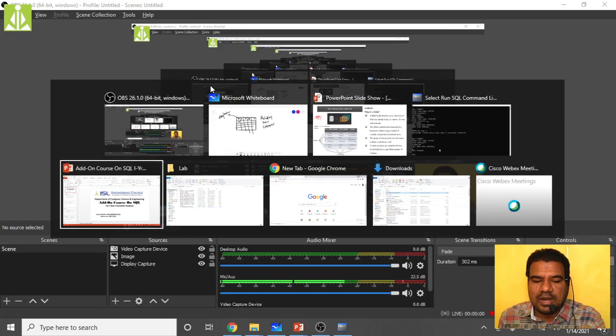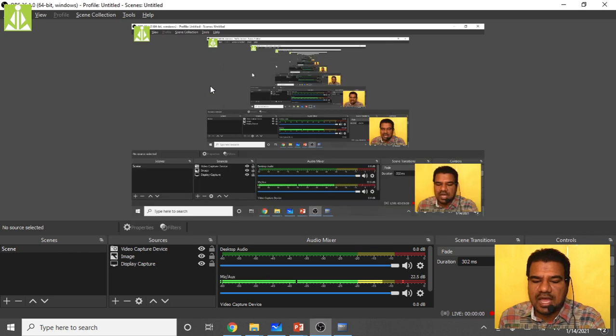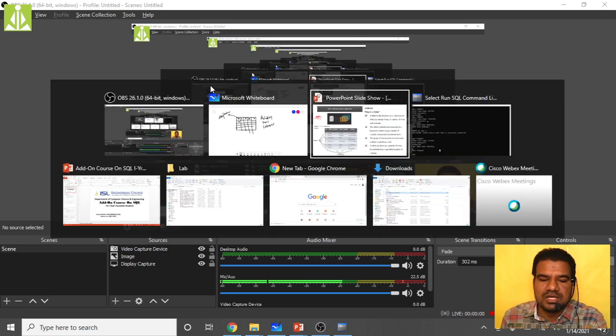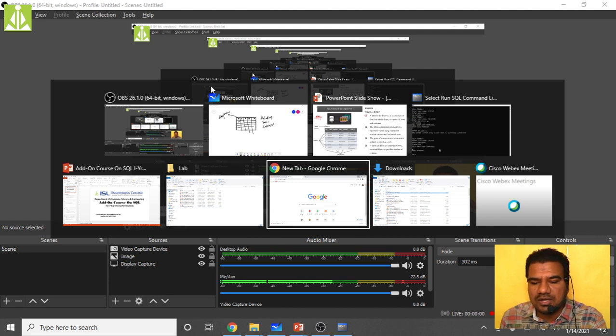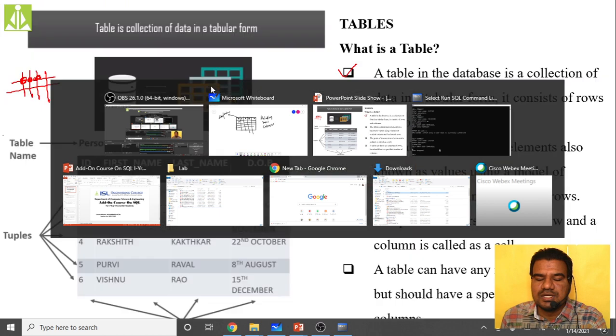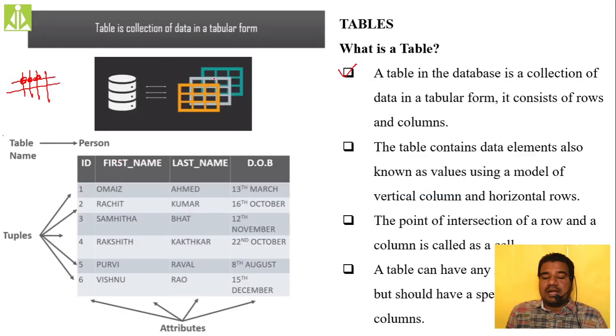So quickly let's see what next we have in our discussion. Here it is, so open this one. A table can have any number of rows but should have a specified number of columns. How many rows can we put inside a table? There is no limitation.